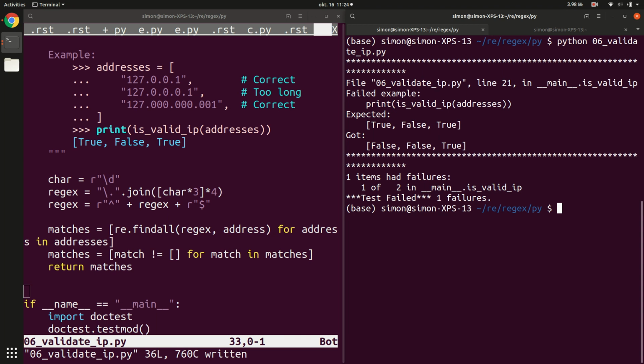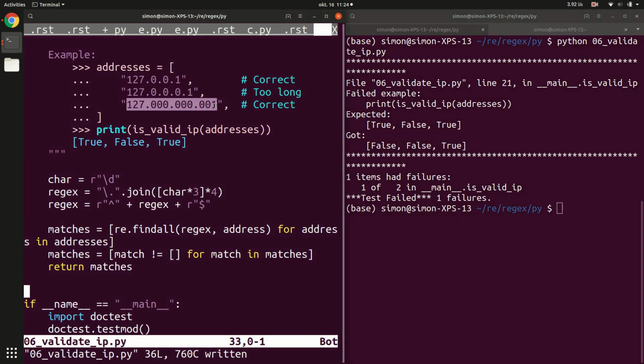Okay, so what does it mean? The last one was identified as a valid IP address, which is good. That's what we aimed for. The middle one is too long, and that is correctly identified as a non-IP address. And then the first one is correct, but it was not identified as a valid IP address. And the reason is